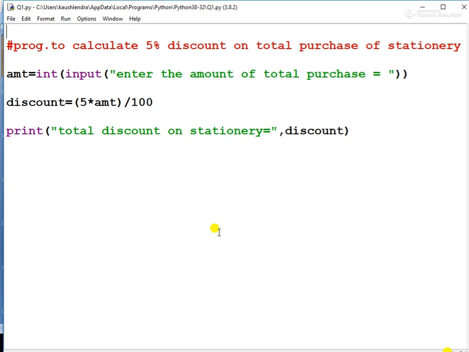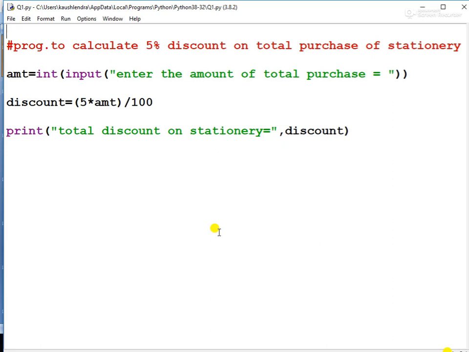In this program, 3 things we require: 2 variables and 1 input from the user. 1 variable for storing that input and another for calculating the discount.